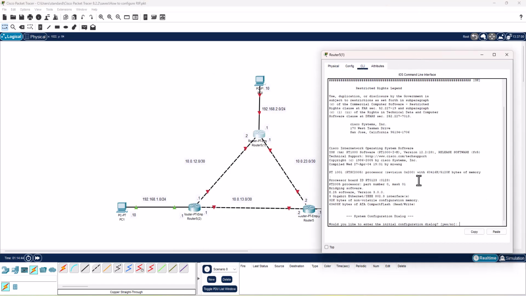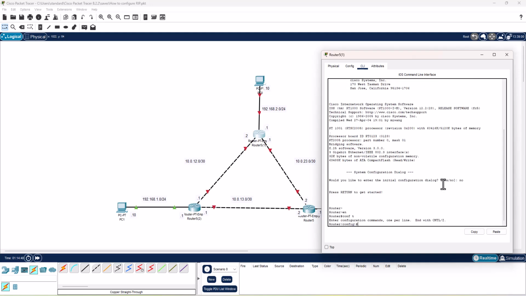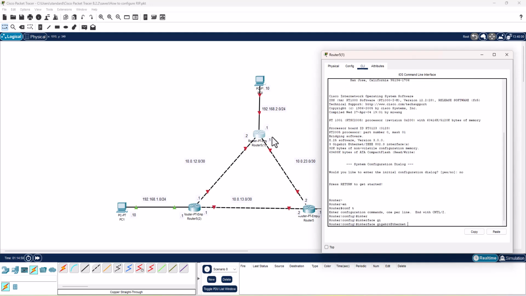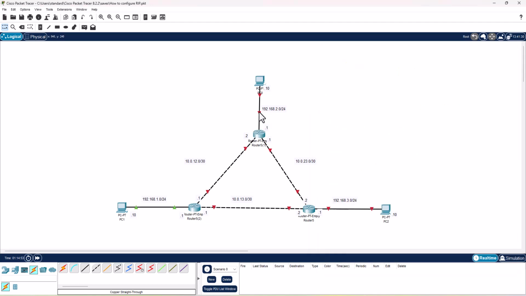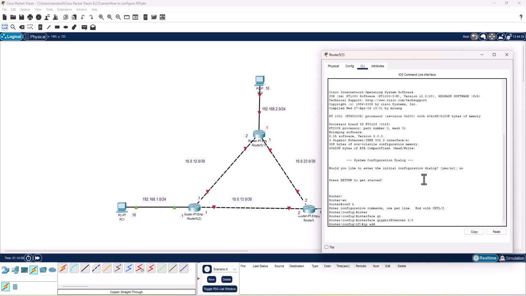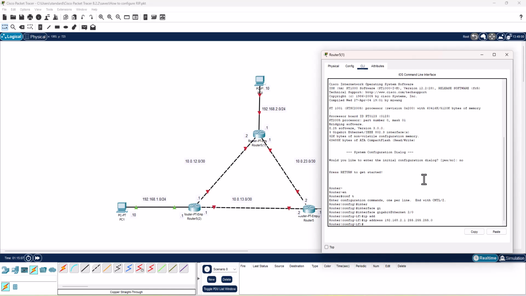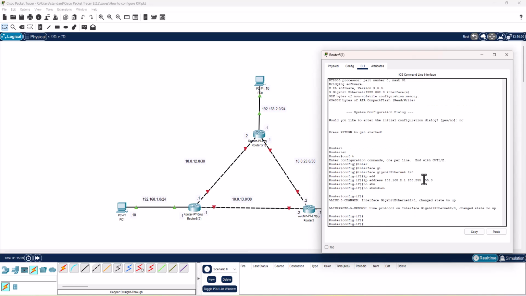Moving on to the second router, type no, enable, conf t, interface. Let's do the one connected to its local PC first, which is 2/0. IP address 192.168.2.1, 255.255.255.0 will be the subnet mask. No shut,